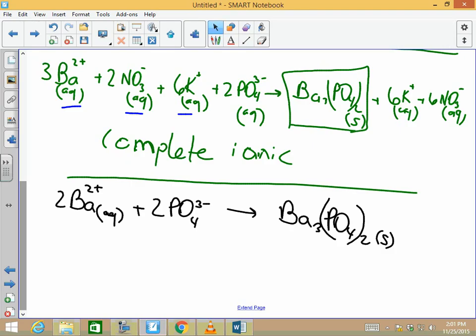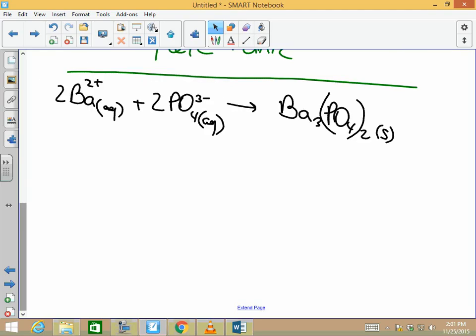This is also aqueous solution, AQ. Therefore, I have barium on my left, phosphate on my left, and I ended up with the result of Ba3 PO4 2 outside, which is a solid. I'm going to call this the net